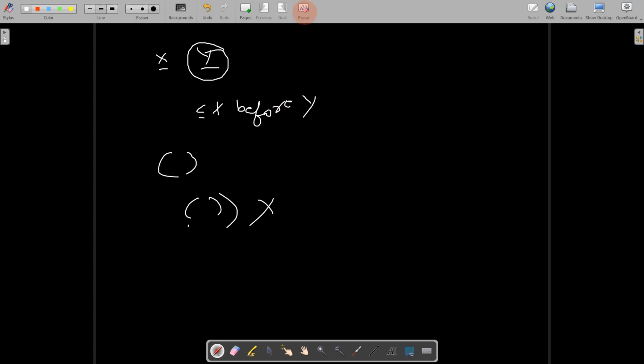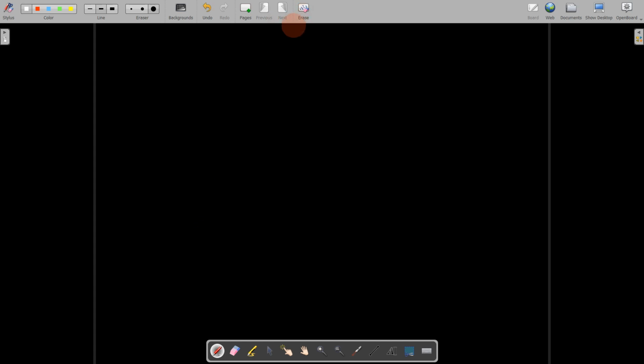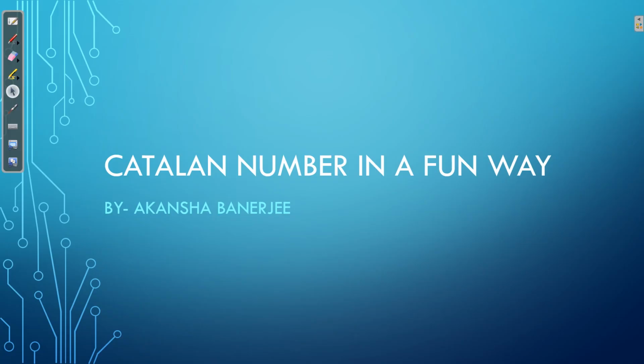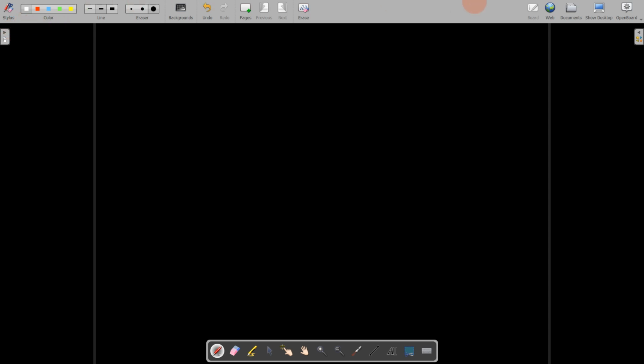Questions like counting the number of ways you can correctly parenthesize using three opening and three closing braces are solved using Catalan numbers. First we will look at what Catalan numbers are, and their mathematical representation, using another real life situation.